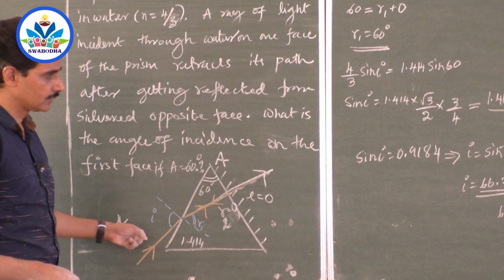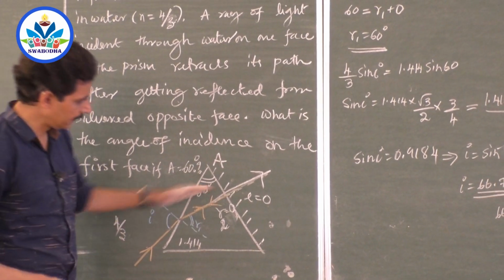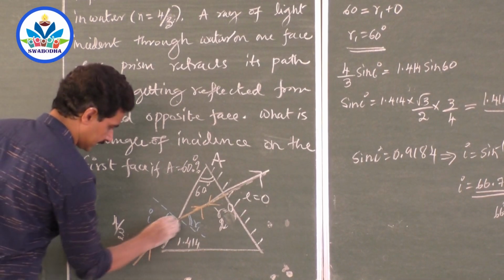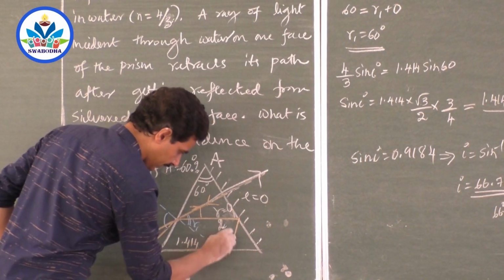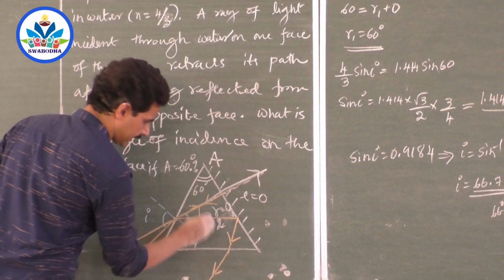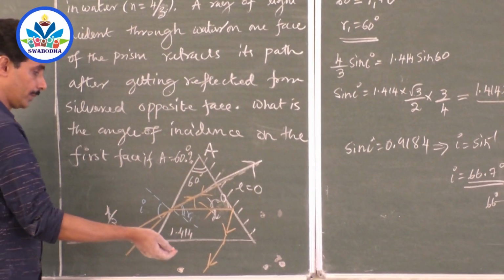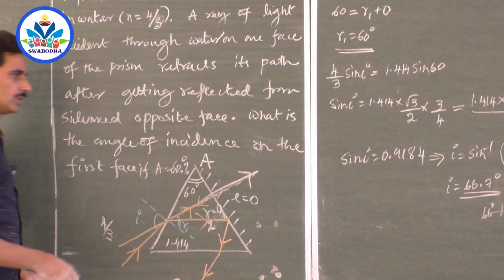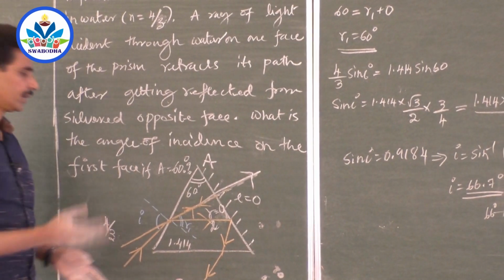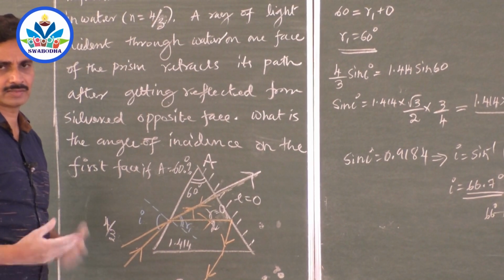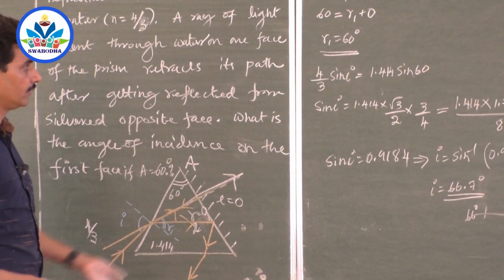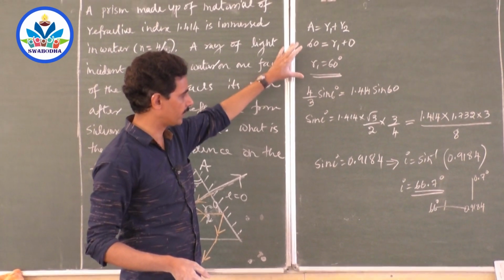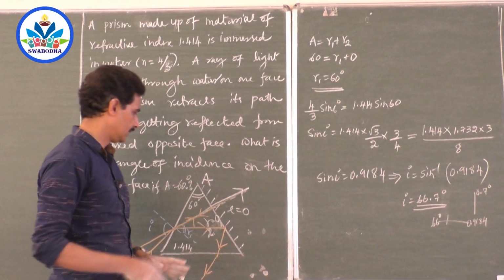If it is not 66 degrees, the ray may be reflected in some other path. Remember, if the ray of light is incident at some other angle like this, it might have moved like this. Of course it might have reflected, but in some other path. That is also possible. So since it is incident at exactly that angle, it retraces the path. That is the solution. So you will have to club reflection, refraction, everything: general law, Snell's law, prism formula. See, we have got the prism formula here, A is equal to R1 plus R2. In that part only we have used the prism formula. Everything else is refraction. Nothing else is needed.